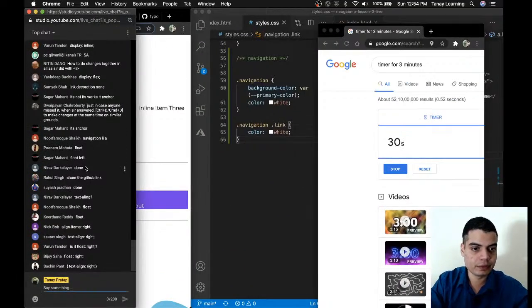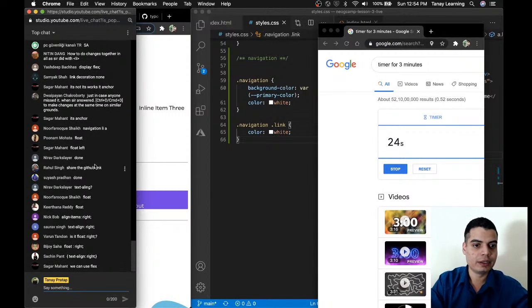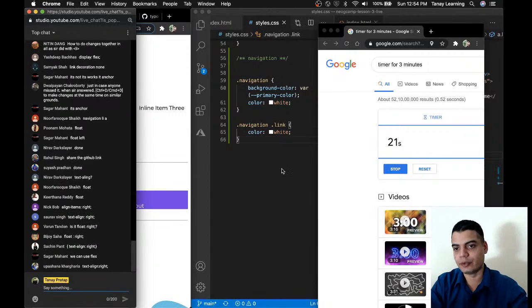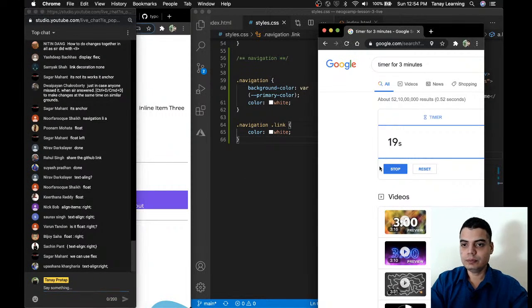Let me see. Text align right. Is it float right? Is it text align right? Done. We can use flex. We can use many things, yes. So for people who know, good. For people who don't know,